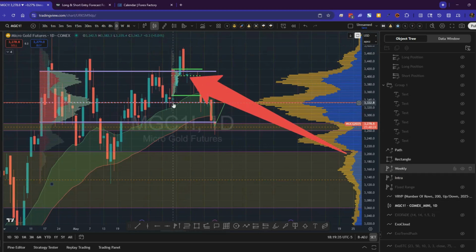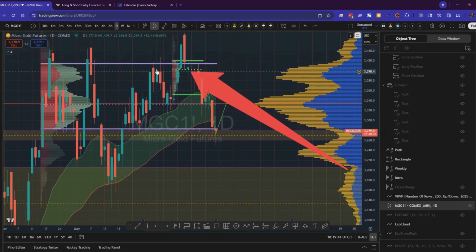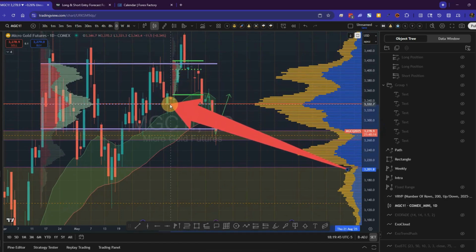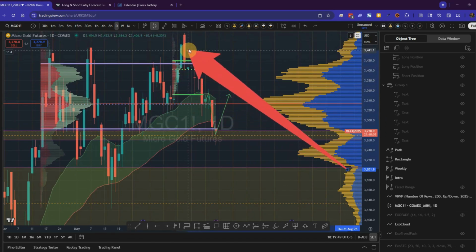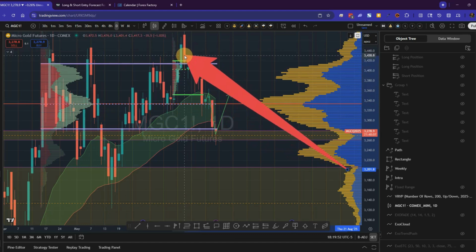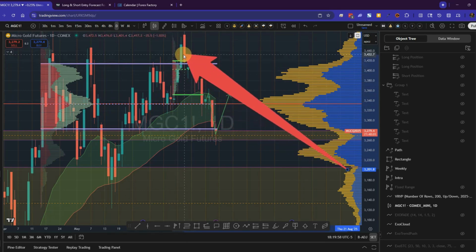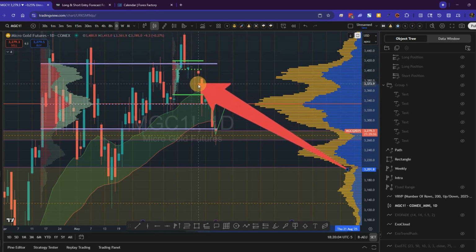the move started from, which was from this daily candle, because we tested the top of the value area. We pulled back right to the point of control, and then we made another move up. So I had started to track the volume from here. We broke out, it failed, we closed, we broke back in, and then we started heading